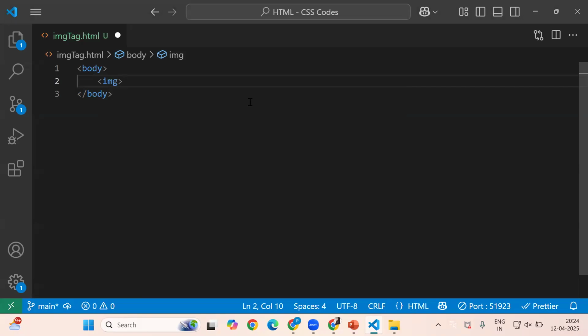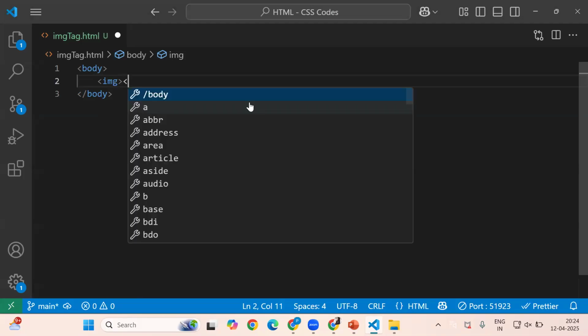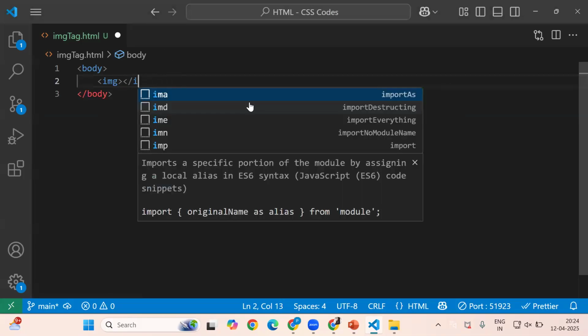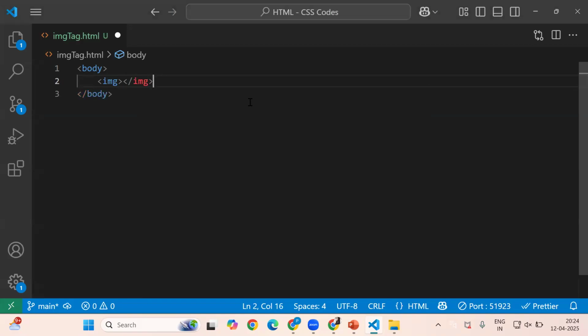Opening, closing, both are not required for the image. Only this opening is required. This closing of image, this is not required. Okay. This closing of image like this, we don't need. Okay. So only opening is required. Okay, understood. So the tag which needs only opening, that is what we call it as a self-closing tag or